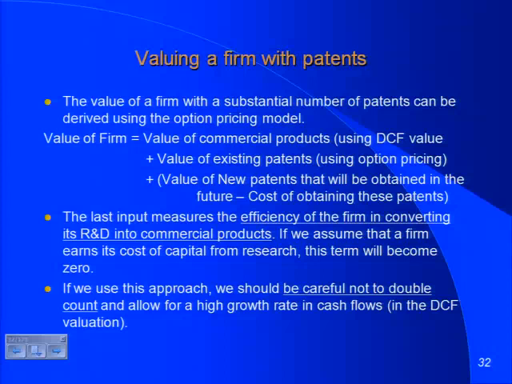Second layer is options. The third layer is going to be your estimate of the continuing value added by the R&D department. And you might have three different levels of risk on the three different discount rates on the three. If you do this, though, don't double count. You know what I mean by double counting?